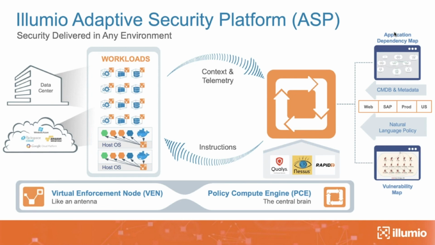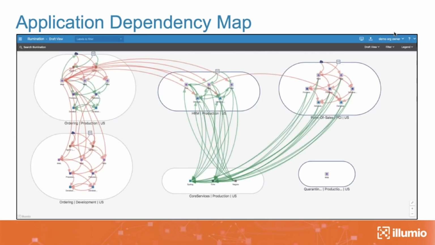So from an architectural standpoint, it's very straightforward. The big thing that you get out of it is, first, an application dependency map. Here is an example of what it could look like in your environment. What you will see over here is 5 different application sets and green lines and red lines. Green lines mean that's a communication flow that has been observed and a policy has been written for it. A red one means there is a flow, but there is no policy for it as yet. Maybe it's legit, maybe it's not. Somebody needs to say, does it make sense?